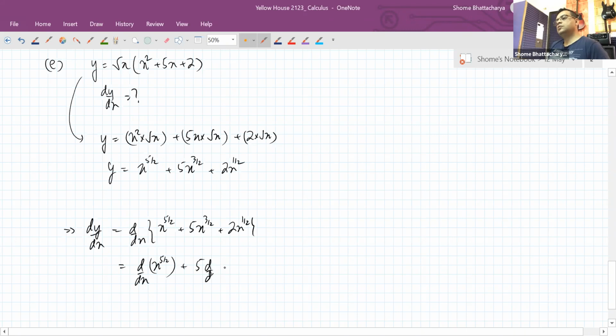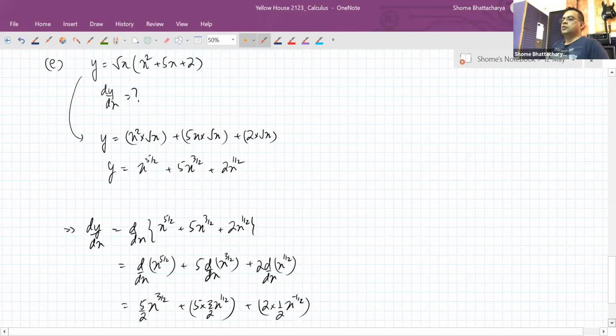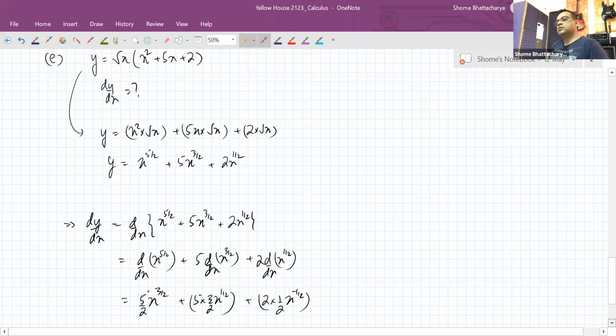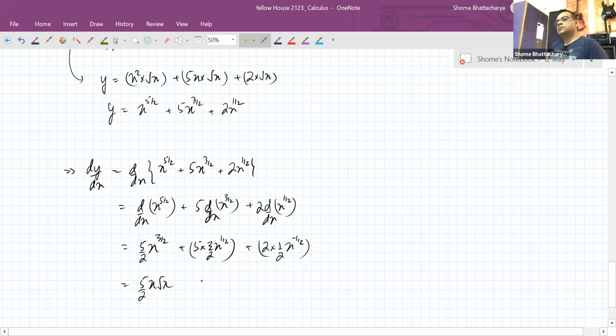Just involves these kind of steps now. Sorry, 3 by 2. Which we can then further simplify and write like this. So this or this, both of them are correct answers for the rate of change finally. And we can always take LCM and further simplify it also, but